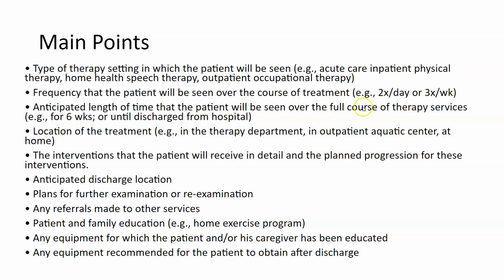This is more important, right, for getting approval for physical therapy visits or payment. Where the treatment is going to occur, right, also goes in there if you're going to be using multiple settings with that. And then obviously at least some idea of the interventions that they will receive and the plan progression